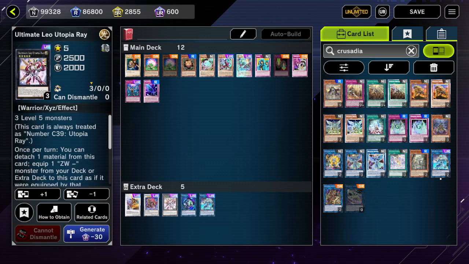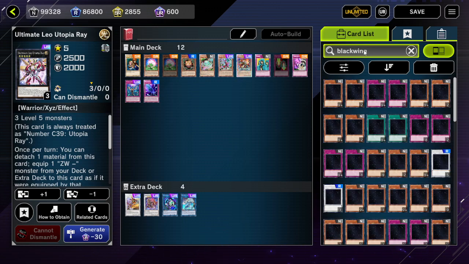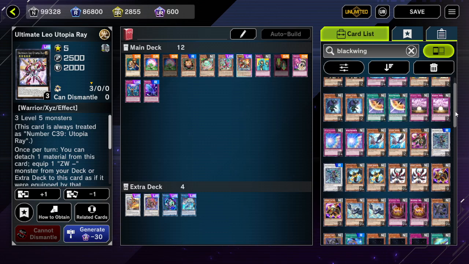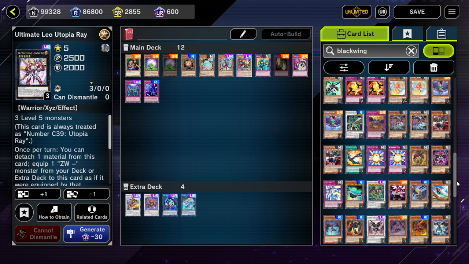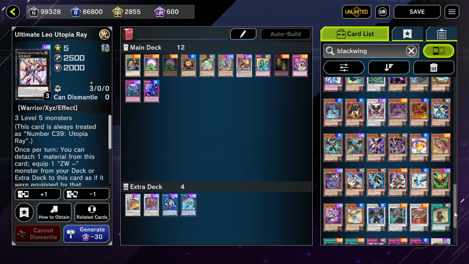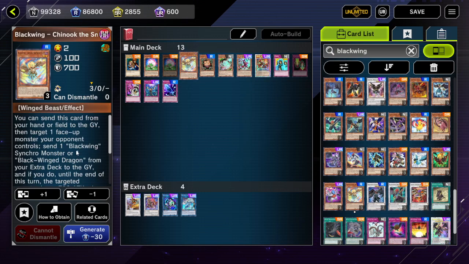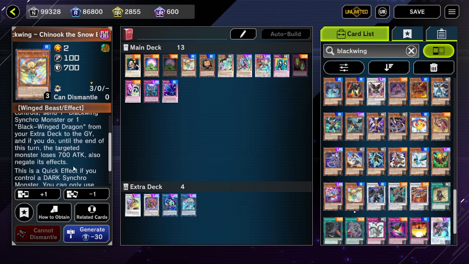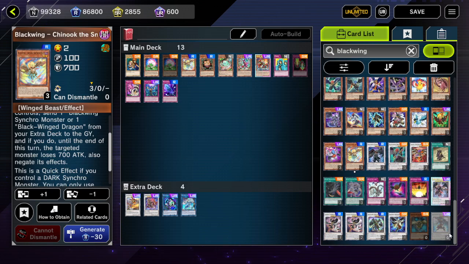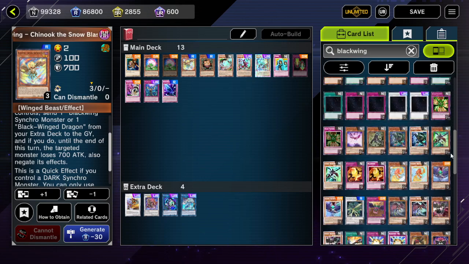A more relevant and modern example of this, I think, is if we're playing Blackwing. Blackwing has this handy-dandy hand trap that actually has the effect to modify attack or defense. And that monster is, of course, Chinook the Snow Blast. So this makes monsters lose 700 attack and also negates its effects. We can do a similar play if we were to control, let's say,